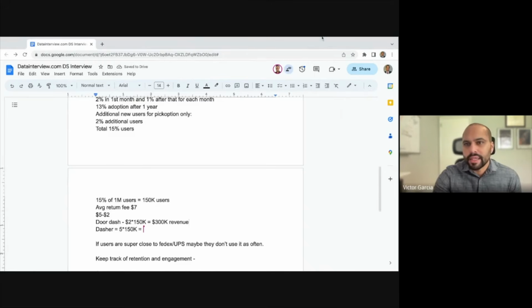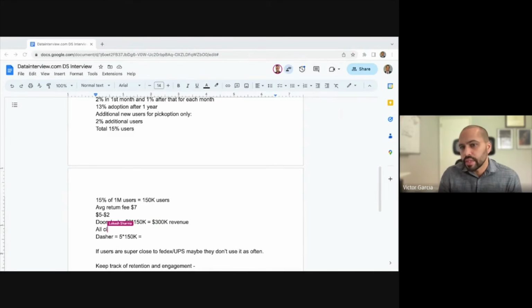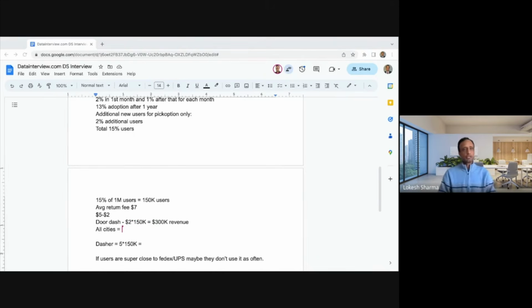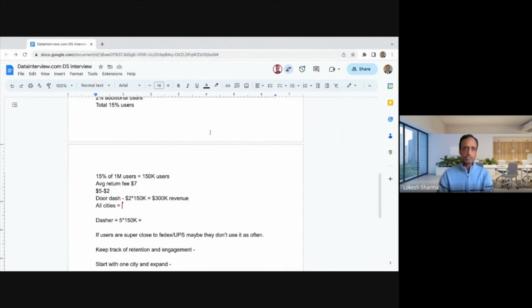But now let's say that the product manager is saying we want to roll this out to all cities. So how can we project out the impact on all cities? Got it. So if we make the assumption that we have similar adoption across all cities, then the calculation will be each city's population, each city's Dasher users. So for each city, it's the sum over each city's users multiplied by 15% adoption multiplied by $2 for each